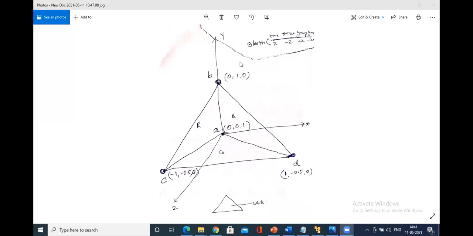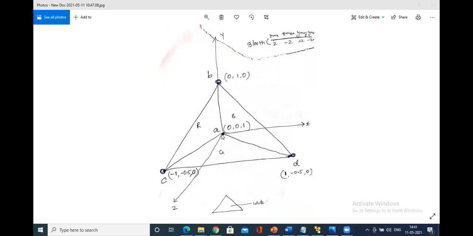So you have the x-axis, y-axis, and z-axis. In the given program, my glOrtho is within -2 to +2, -2 to +2, -2 to +2. That is x min, x max, y min, y max, z min, z max. Though the window size is 500 by 500, I have restricted my orthographic projection, that is the viewing volume, within -2 to 2. With respect to that, I'll represent my coordinate system.